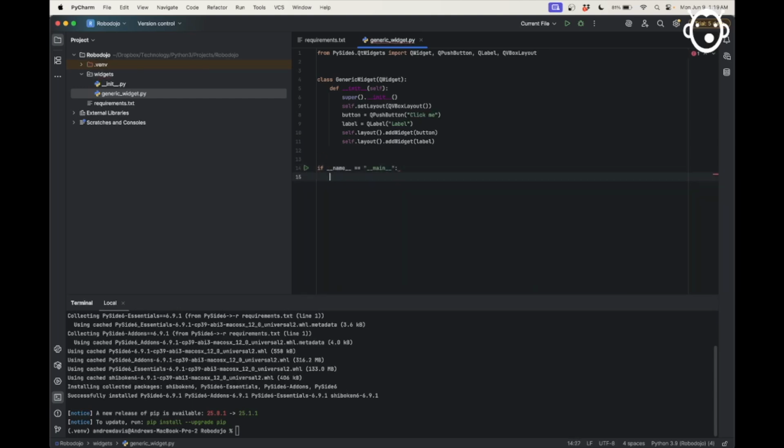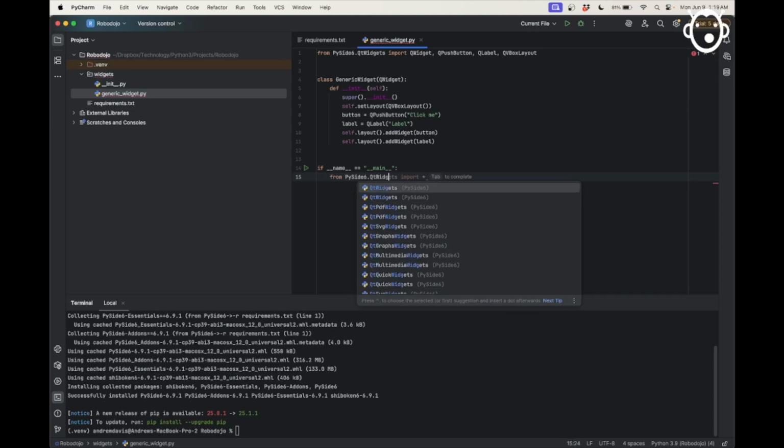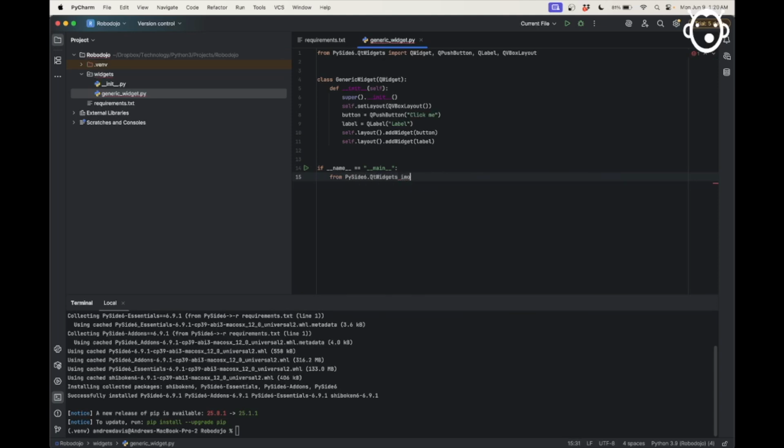If __name__ equals "__main__". The thing about a main block is that it's a piece of code that gets executed only if I run this script directly. So if I imported this script into another script, then it wouldn't run. So they're really good for just doing test functions. And in order to get a widget to work, I've got to put it into a PySide application. So I'm going to create that application here, from PySide6.QtWidgets import